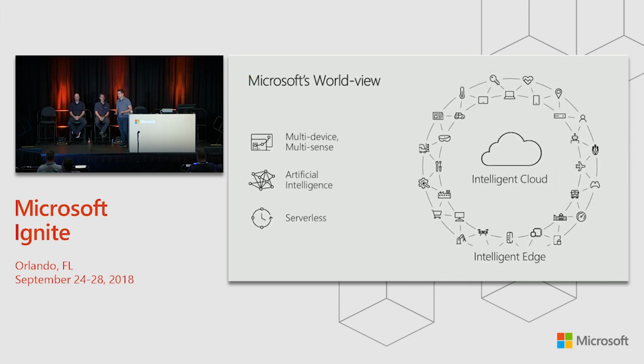So I want to start off by talking about Microsoft's worldview. You may have seen this slide before that basically shows how we position a lot of what we think about with the intelligent cloud being primarily Azure and all the services that run in Azure, and then the intelligent edge, which is made up of all the devices out in the world that are now using this intelligent cloud. Right? You have IoT devices, you have servers, you have buildings that are full of these devices. And really the goal of these things out there that are all around is to be able to use that cloud to do intelligent things, whether it's artificial intelligence or to use some of the new capabilities like serverless functions